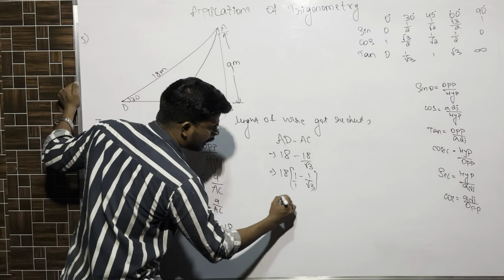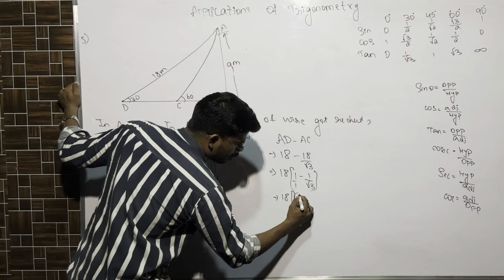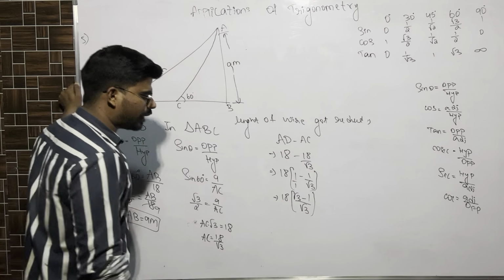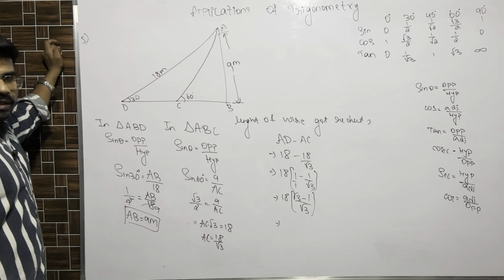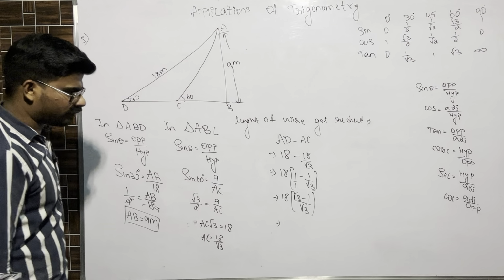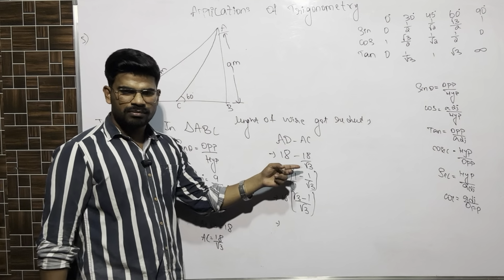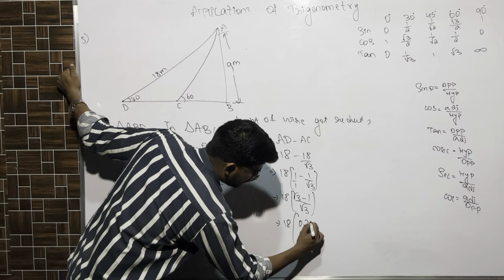Denominator makes 1 and cross multiply. So it is 18 into root 3 minus 1 by root 3, which is nothing but 1.732 minus 1, 0.732. Or we'll directly multiply it over here only. Okay, let us check it this way, not a problem. We've already started, so it is 0.732.